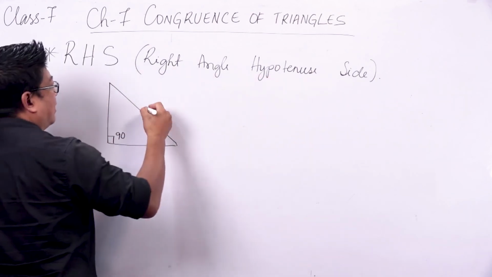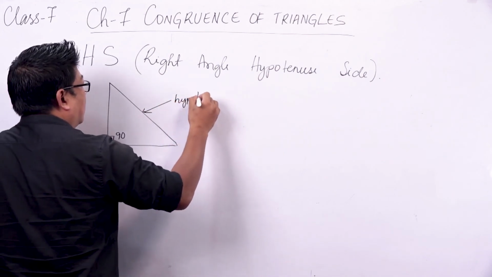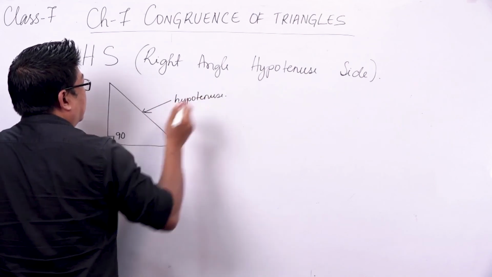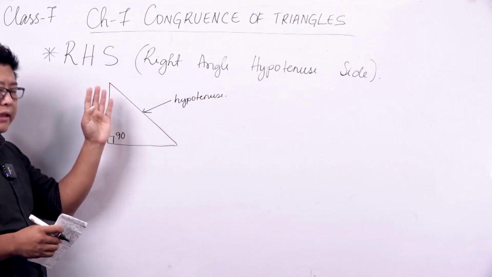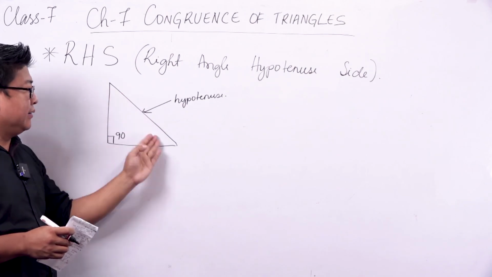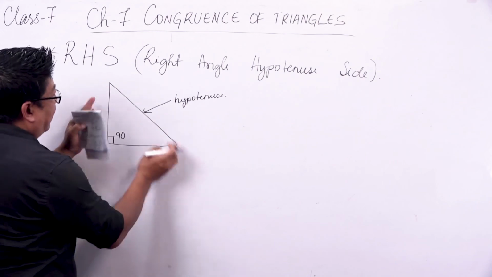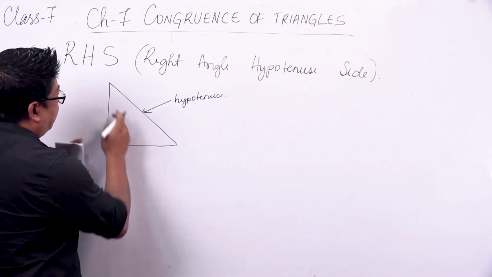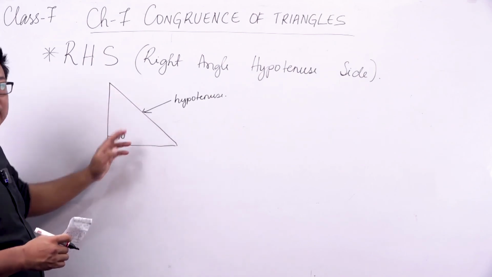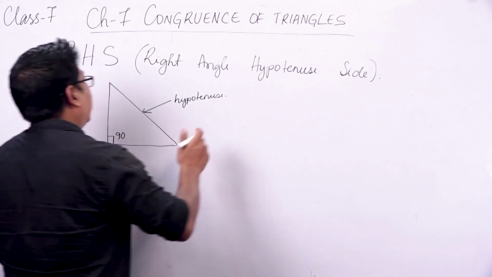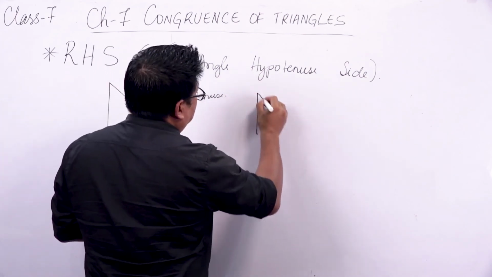Hypotenuse in a triangle is always the longest side. Not always the longest side, but it is the line that you will find connecting these two lines forming the angle. Okay, the line which connects the two lines forming the angle, that is called your hypotenuse. All right, so here, if you have two triangles like this,